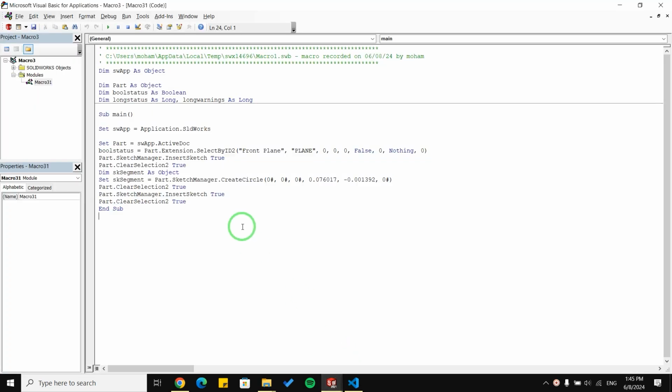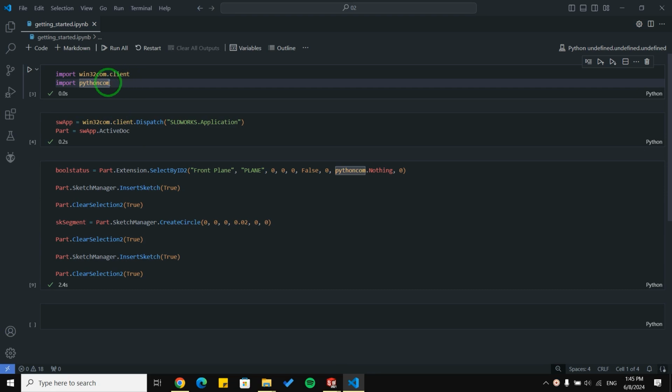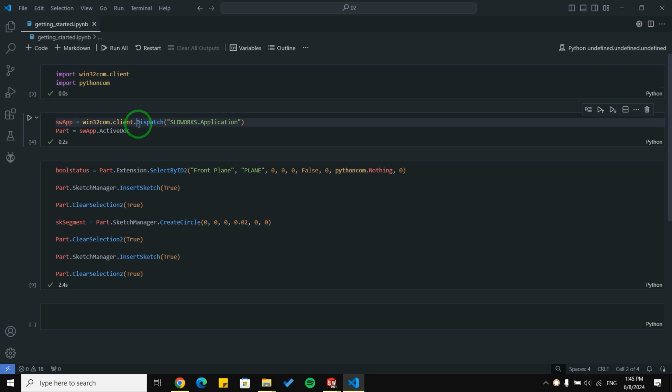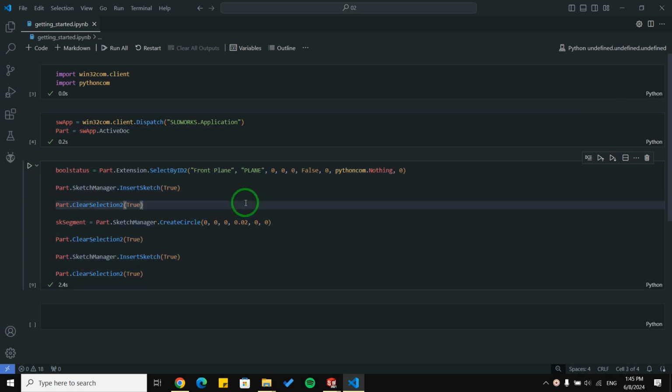Then we talked about Visual Basic, how to translate Visual Basic to Python, and how to modify our code. And then we went to Python. We talked about some libraries and how to import them. I talked about how to connect Python to SolidWorks. And then we wrote a very simple block of code to sketch a circle for us in SolidWorks.